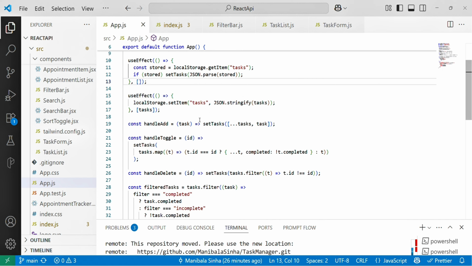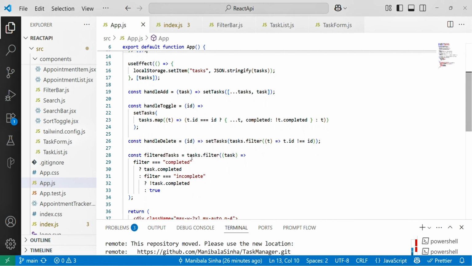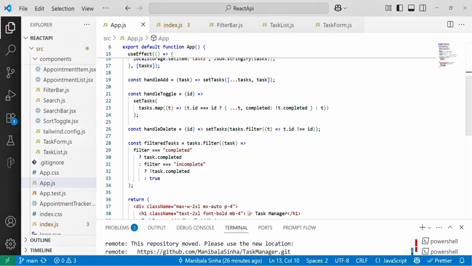So it stores updated tasks into local storage, so they persist on reload. And then next I have added the constant handleAddTask. The setTasks adds new task to the list, and it uses a spread operator to keep existing tasks and append the new one.